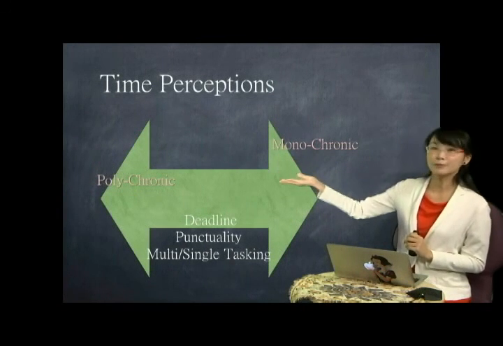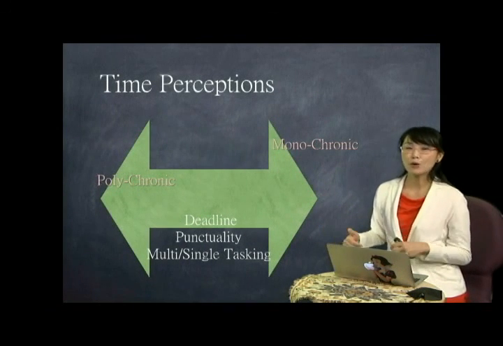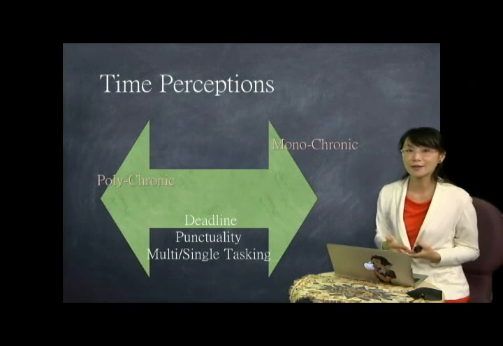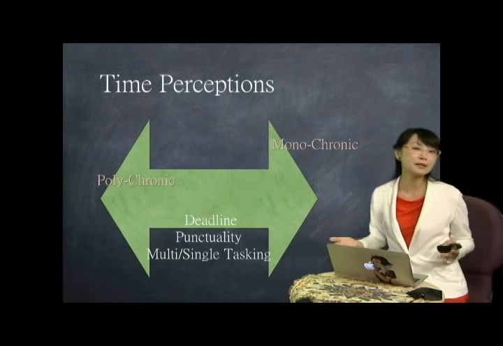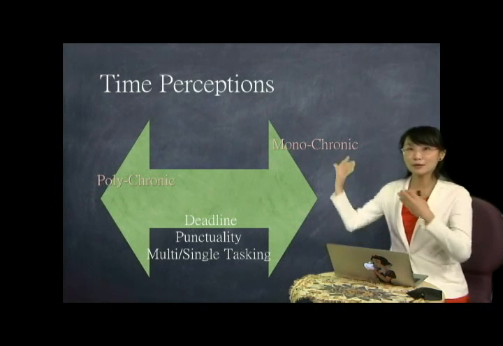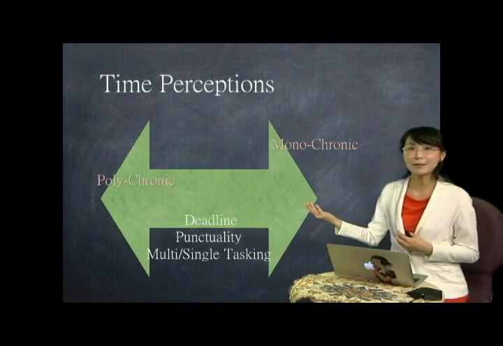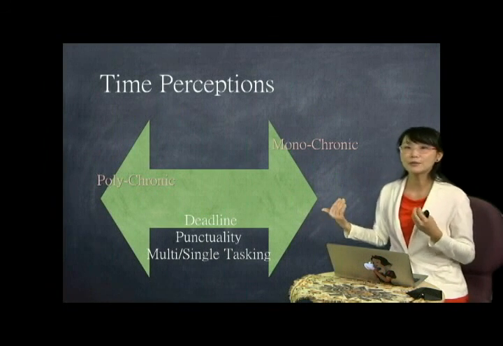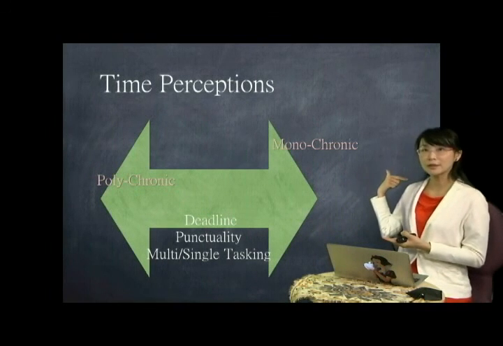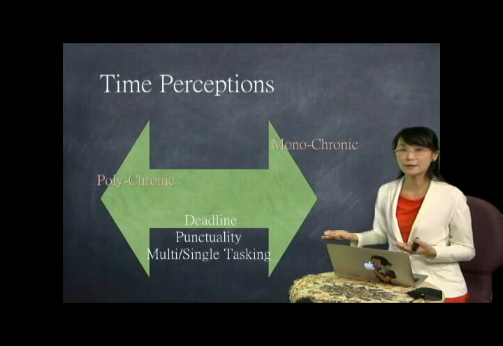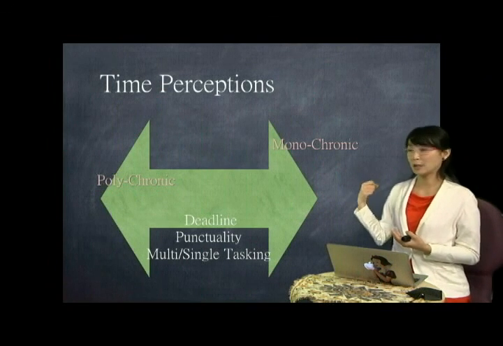But in polychronic culture, people are more flexible. So when they make an appointment with you, like at 9 o'clock in the morning, they may be 5 minutes late. In some countries, 10 minutes late is okay. So it really depends on people's perception of time. So you can imagine that if you come from polychronic culture and you make an appointment with people from monochronic culture, and then you're 5 minutes late or 10 minutes late,